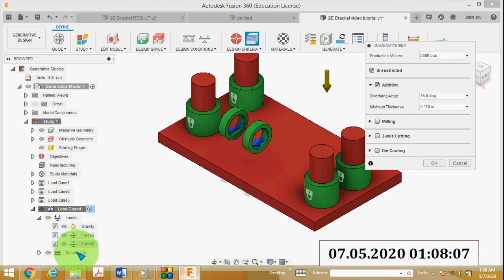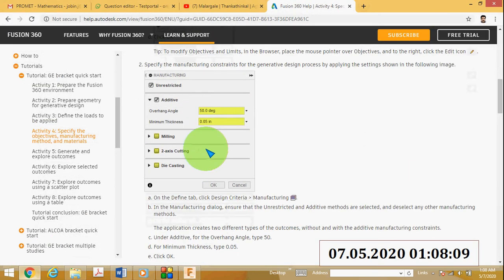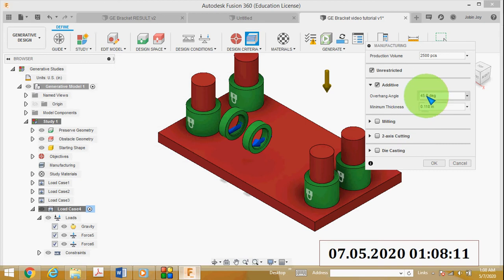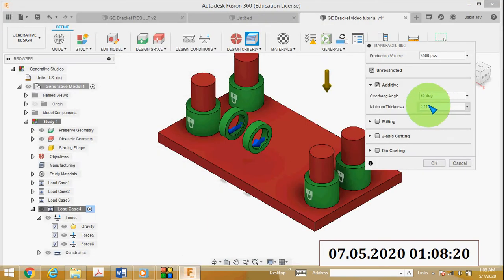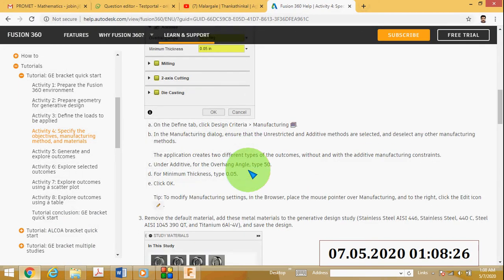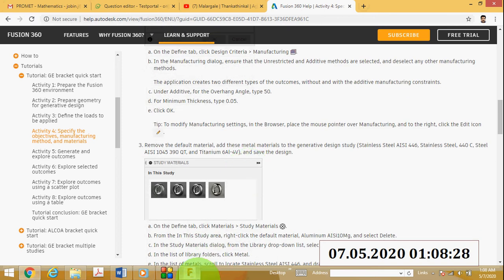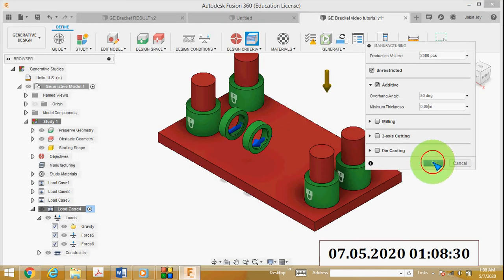The overhang angle is 50 degrees in this tutorial, and the minimum thickness is 0.05. Then click OK.